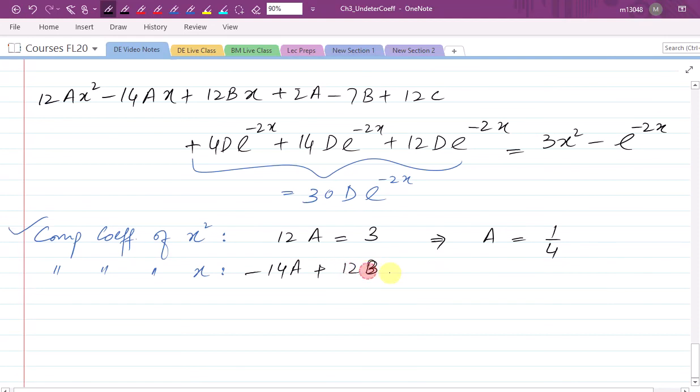And on the right hand side, we see that there is no x here. Okay, as you can see, there is 3x square here and e power minus 2x, but no x here. So that will be a 0. And now we can use value of a here, and this will be